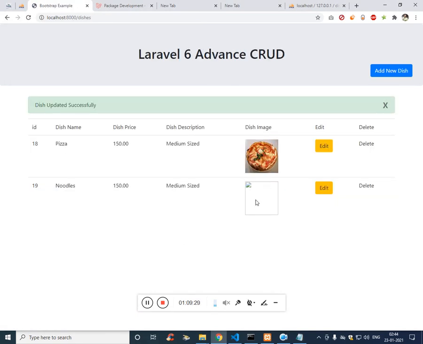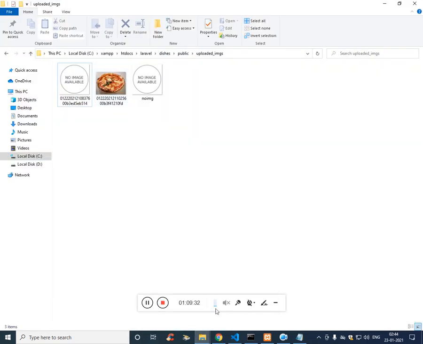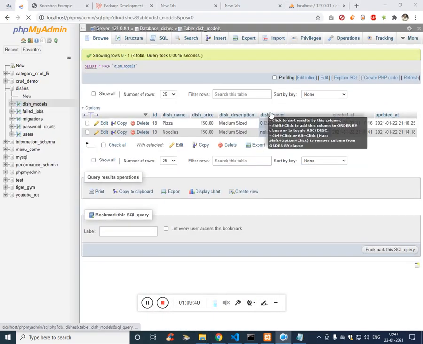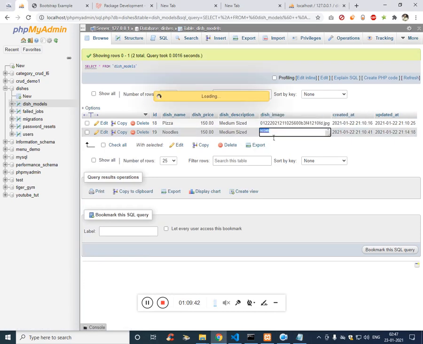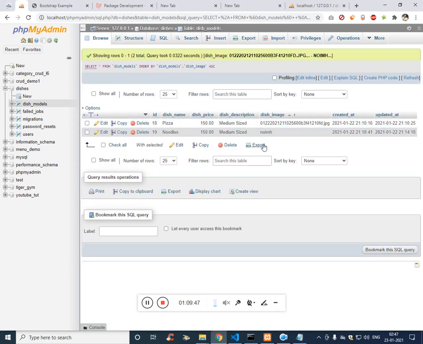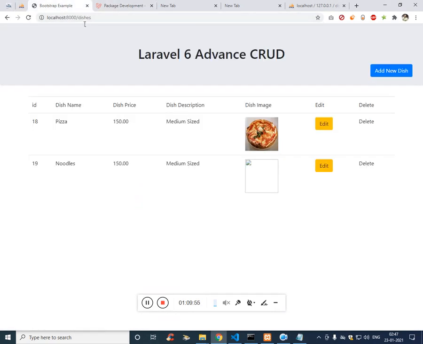Where is noodles? Noodles also not pushed. Let's manually add. No image, ignore all. No image dot png. Now we should see the image.